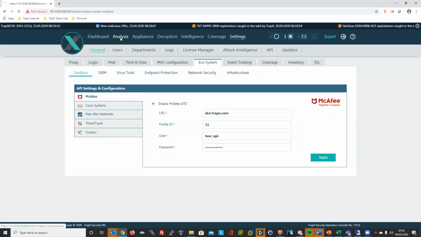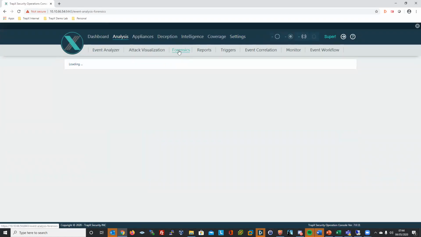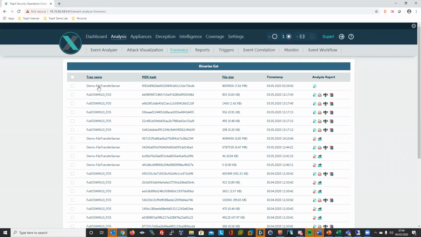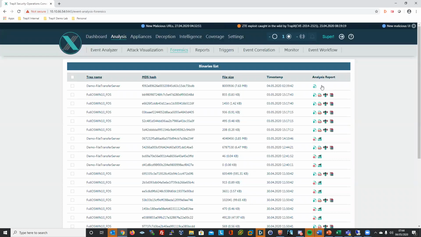What will happen is the file will be exploded in the sandbox, and if I go to my forensics tab, you'll see the activity and the status of the files. You'll see the last file to be triggered here was the trap of the file transfer server, and I've got the MD5 hash that we were sending over to VirusTotal, and we've got the 7.6 meg file that is currently being analyzed by the sandbox, and we are waiting for a result. So we'll come back there at the end of the demo just to look at what happened to my ransomware